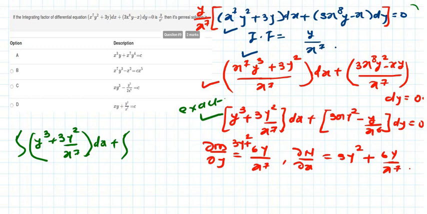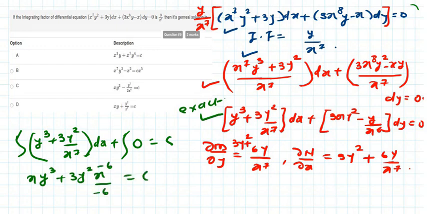So there is no term, so this will be 0 equal to constant. Take an integration. By integration, what will you get? Integration with respect to x: x into y cube plus 3y square. Integration of x raised to minus 7 is what? X raised to minus 7 integration is x raised to minus 6 upon minus 6 is equal to constant.